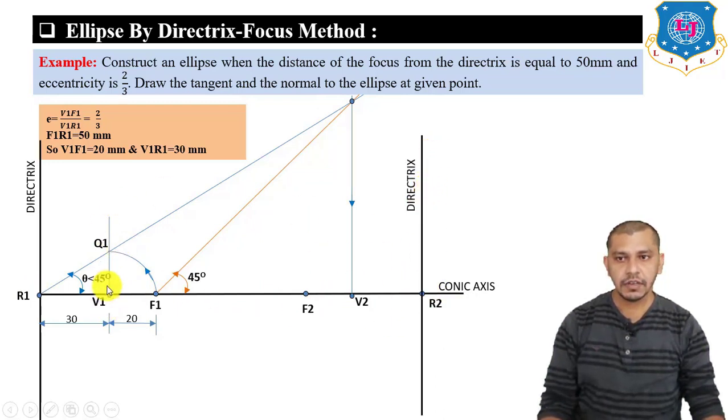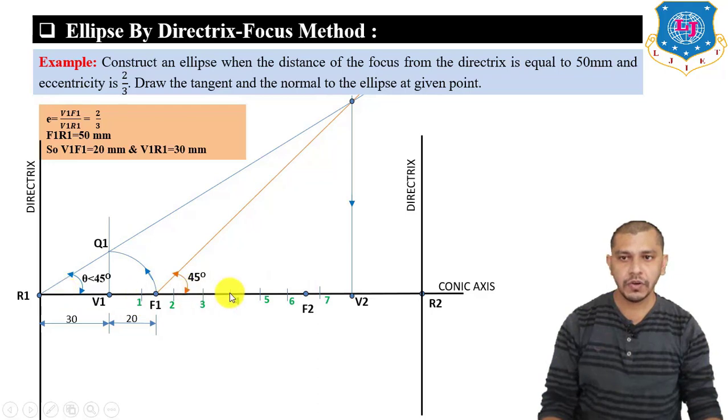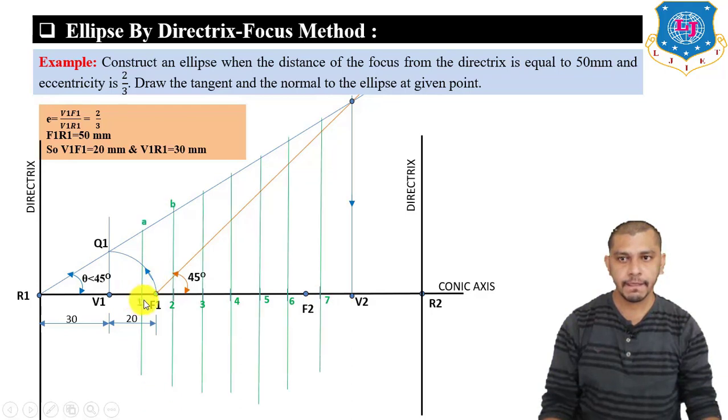After doing this, now make divisions in between V1 and V2. You can divide it randomly. It is not necessary to divide V1 to V2 into an equal number of divisions. So mark divisions randomly: 1, 2, 3, 4, 5, 6, 7. After dividing this, now draw lines perpendicular to the conic axis, or parallel to the directrix, from these points. Okay, and mark the intersection points of these lines with the RQ line as A, B, C, D, E,